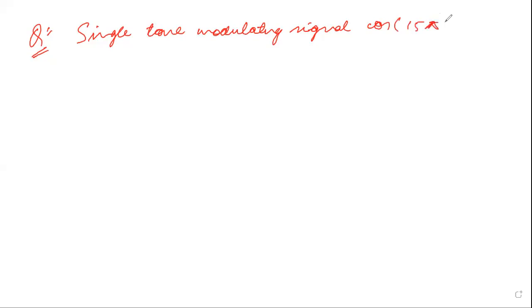So the question is, we have a single tone modulating signal, cos 15 pi 10 to the power 3t, frequency modulates a carrier of 10 megahertz, and produces a frequency deviation